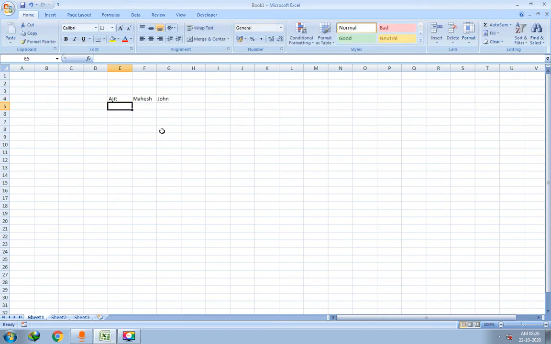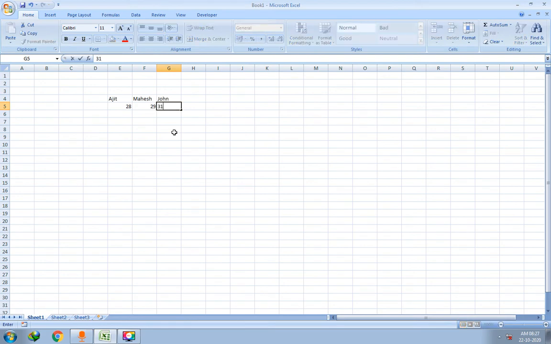Now I will write the age of Ajit, age of Mahesh and age of John in the cells exactly below their names. So I'll write the age of Ajit as 28, age of Mahesh 29 and age of John 31.